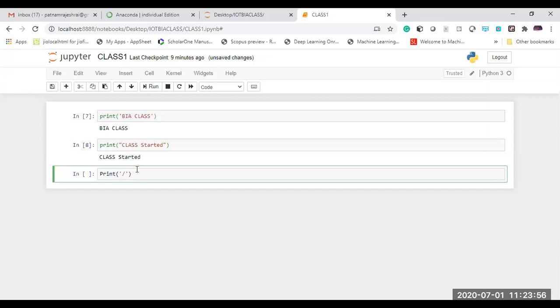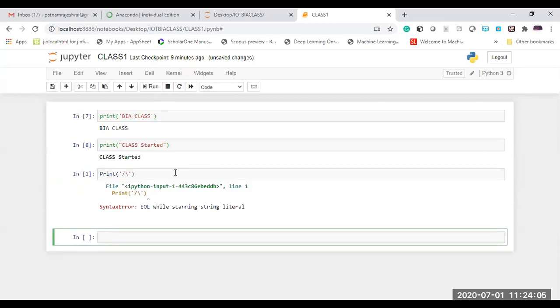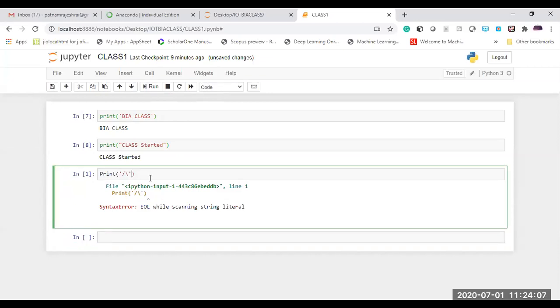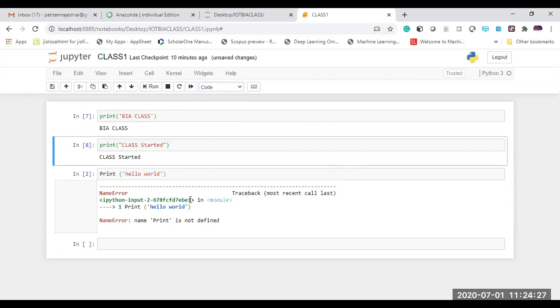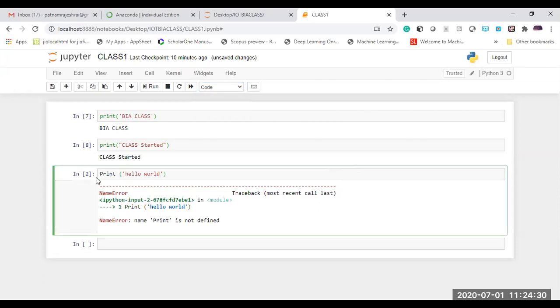With some text, this should be printed, right? So for this type of operation, I will select the code option. Okay, there's an error basically. Why? Because these special symbols cannot be executed here. If I write this and run with the code selection, now you can see we are getting some error. What is the reason? I have given here print space. It should not be there. So print, no space here. Again I will run this.